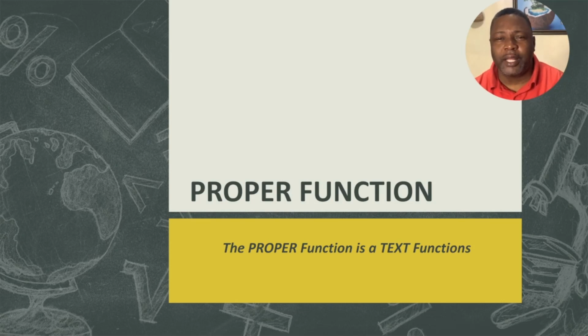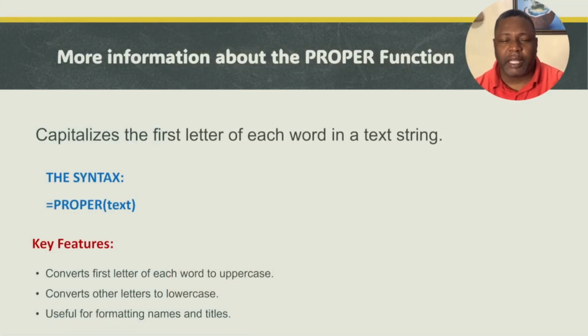Today we are going to be looking at the PROPER function. The Microsoft PROPER function is a text function, and it capitalizes the first letter of each word in a text string. The syntax is just putting equals PROPER, then the text. And then you have the text converted into a proper word, using the first letter to